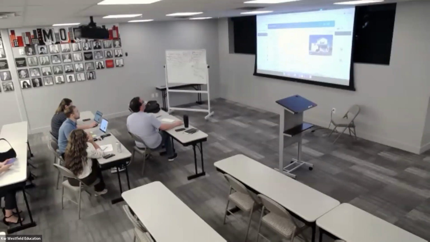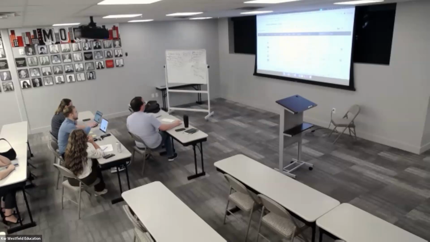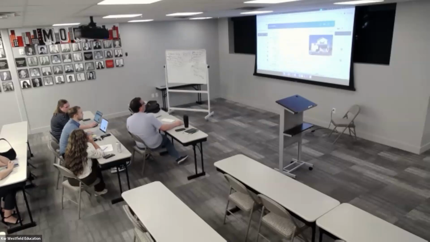Yeah, how do you fly back to the list so quickly like that? Oh, wait, I understand the question. Yeah, that list where you were just at, right here, you navigated to it so quickly. How did you? Okay, so clicking on the MLS number, we'll pull up the thing, and then clicking the X here, we'll go back to our list. It's a pop-up window. Did that answer your question?